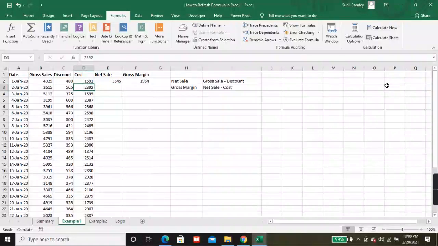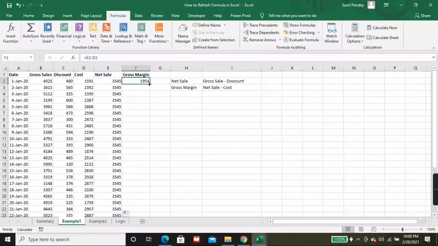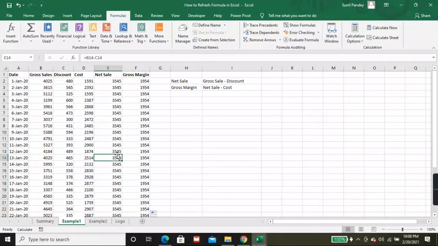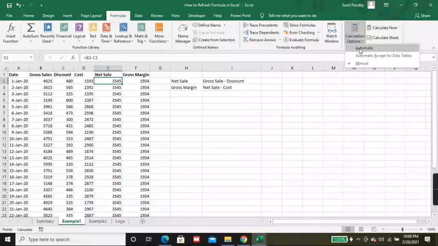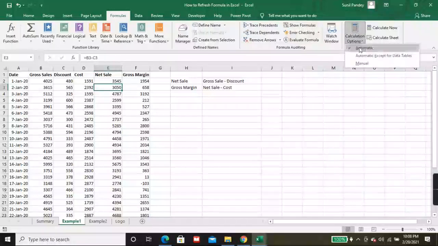Now I'm going to drag this also. See, it is not changing. If I put it on automatic, it will change. See, everything has been changed.